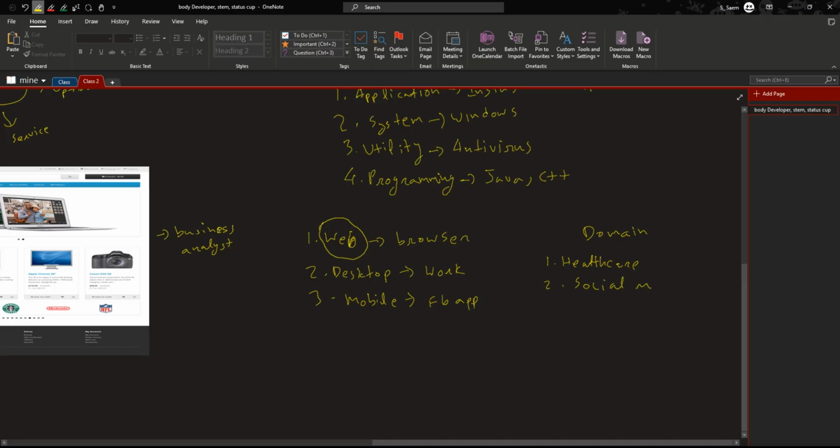A domain is essentially a place where the website holds their server. Like, there can be different kinds of domains. For example, there can be